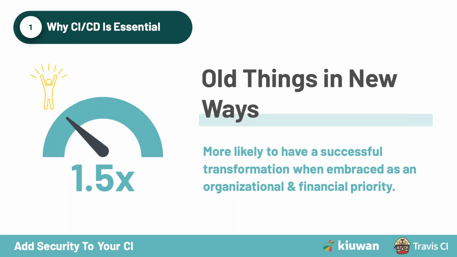In the aforementioned McKinsey study, expectation beating performance was 1.5 times more likely when survey respondents said that the digital transformation had been a top priority for the company's senior leadership. And so when we look at organizations, taking the banking and finance sector as an example, this really has to be something that comes from the top of the decision-making chain as much as it is advocated for by the development teams. And so it's a holistic and comprehensive view that is really needed to change the industry and change their applications to meet the new demands.